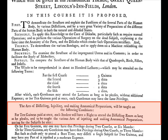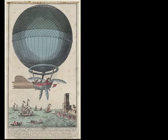And he also acquired a lot of specimens from another Fellow of the Royal Society and anatomy teacher, the surgeon Percival Pott, many of which were figured in Pott's work on paralysis of the lower limbs, a study which gave rise to the spinal disease, which still bears Pott's name. However, I think the most interesting connection between Sheldon and the Royal Society was his adventures as a balloonist, which